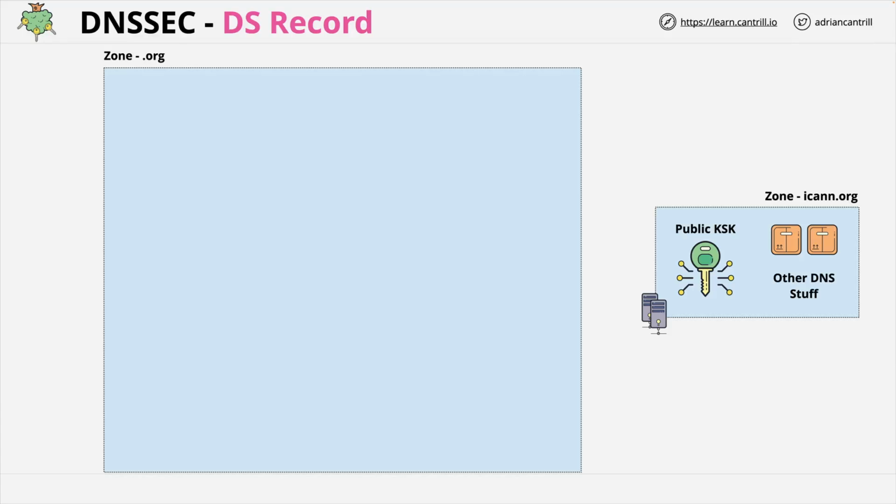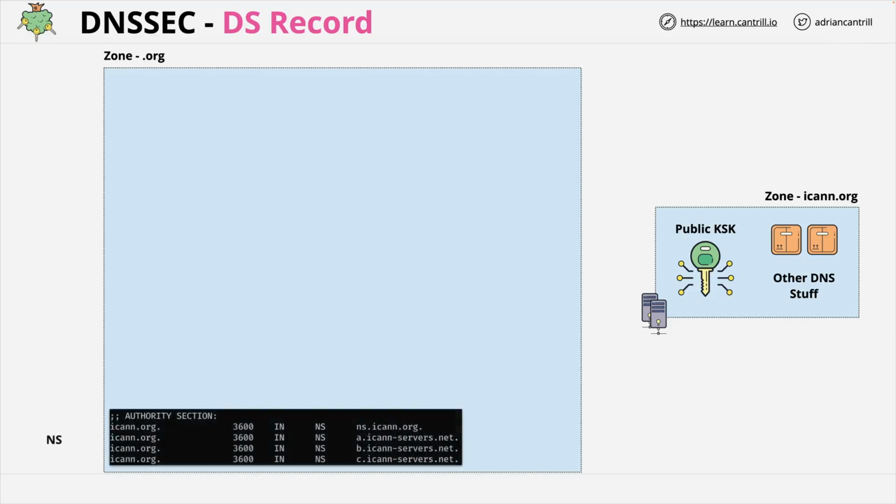Now because DNSSEC builds on top of DNS, we start with the delegation for DNS. This is in the form of name server resource records which point at the name servers hosting the ICANN.org zone. This just integrates the ICANN.org domain into the DNS infrastructure. It doesn't provide any of the verification which we're looking for from DNSSEC. Now there's a matching RRSIG for this RRSet which verifies these records, but for the parent to child zone trust